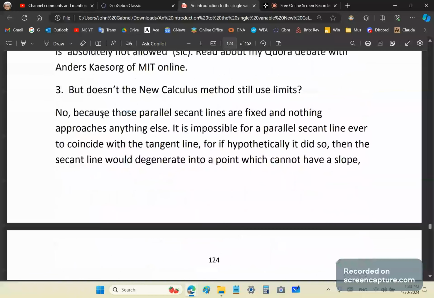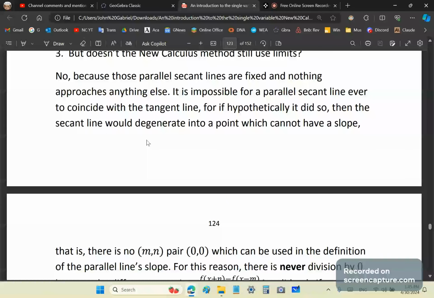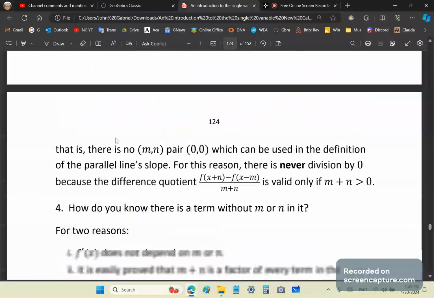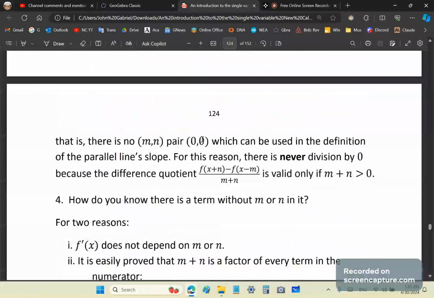But doesn't the new calculus method still use limits? No, because those parallel secant lines are fixed and nothing is moving or approaching anything else. It is impossible for a parallel secant line ever to coincide with a tangent line. For if hypothetically it did so, then the secant line would degenerate into a point which cannot have a slope, can it? So there is no pair 0, 0, which can be used in the definition of the parallel line slope. However, because of the ingenious formulation of the new calculus,